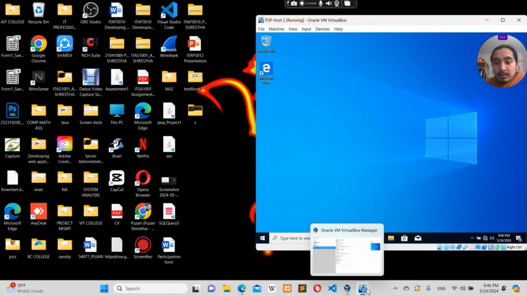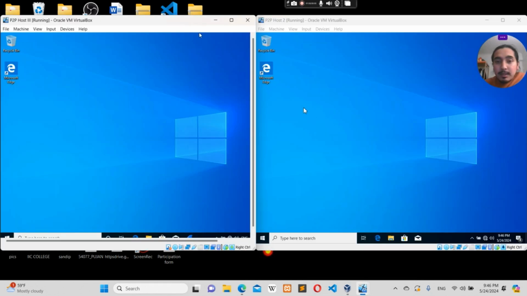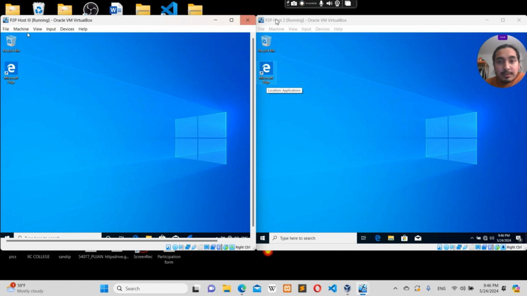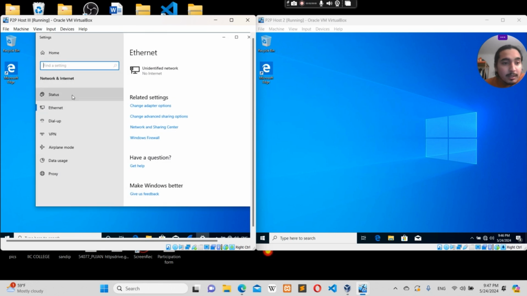I have started both of the machines and both are running. I have named one as host 3 and the other as host 2. I make this P2P host 3 machine the primary host, and this one the client. So to share a file, first we went to the